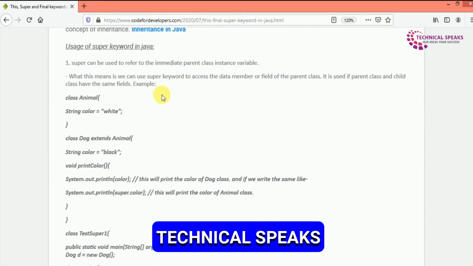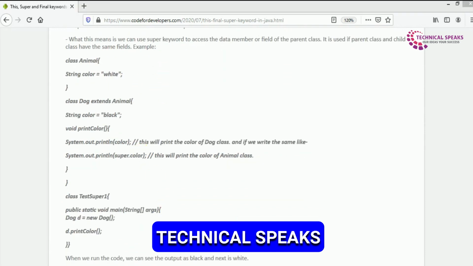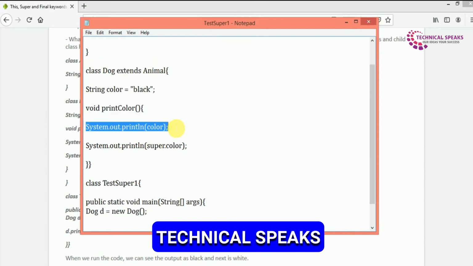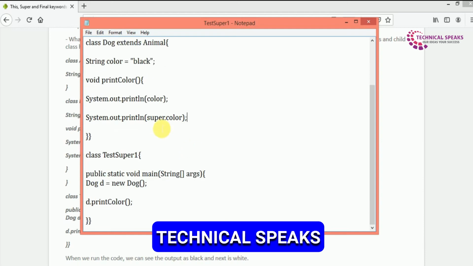Let's try to understand with an example. Class Animal, String color = "white". Class Dog extends Animal, String color = "black". void printColor, System.out.println(color). This will print the color of the Dog class, and if we write System.out.println(super.color), this will print the color of the Animal class.